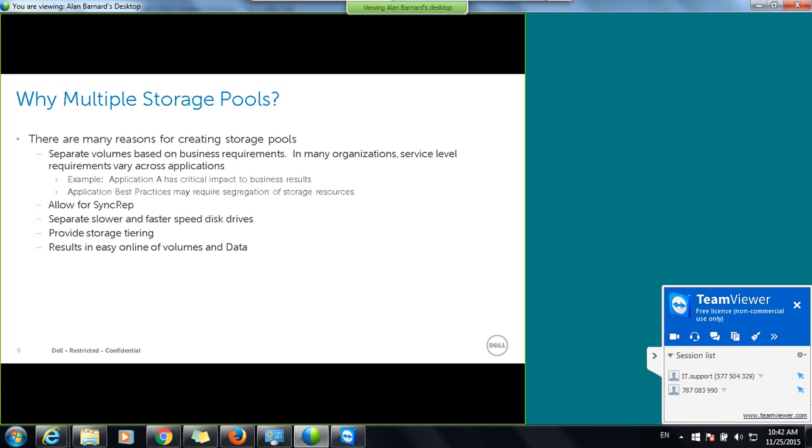Second reason is to allow for SyncRep, because SyncRep requires multiple pools. You cannot do SyncRep between groups. You can only do it between pools in the same group. That is the requirement of SyncRep. Next reason is to separate slower and faster speed disk drives. So this is for creating what we call